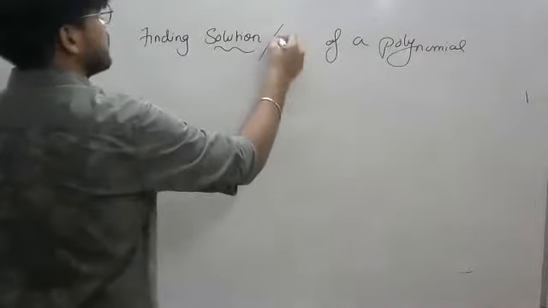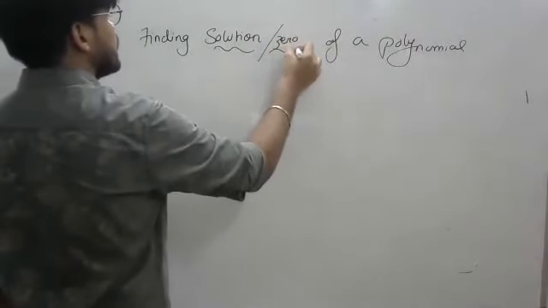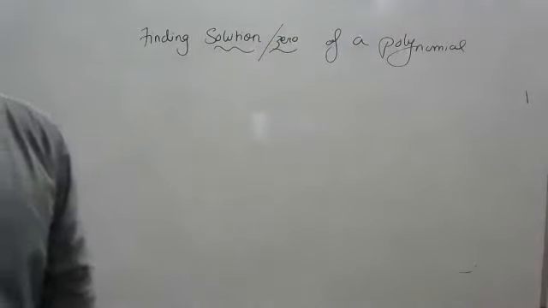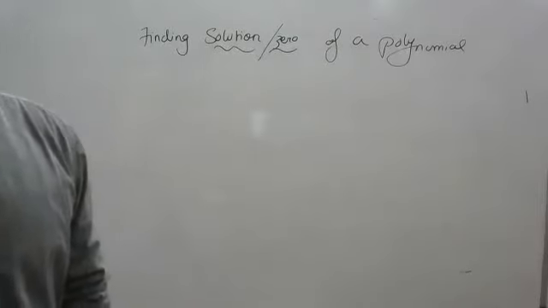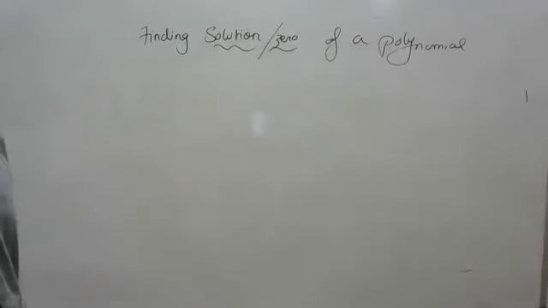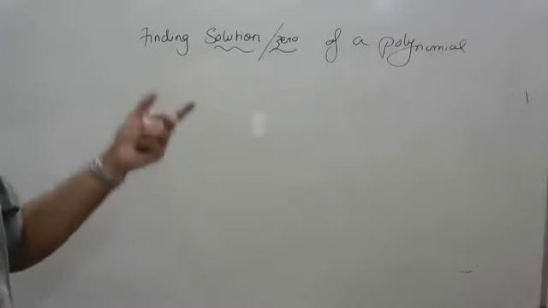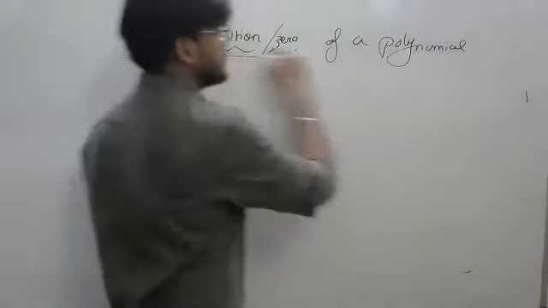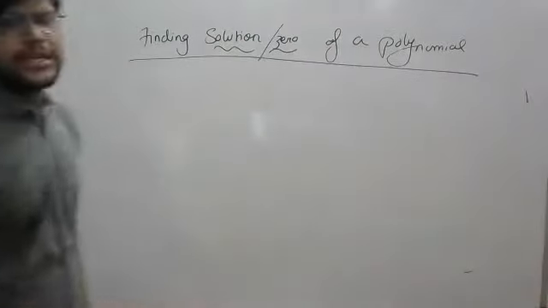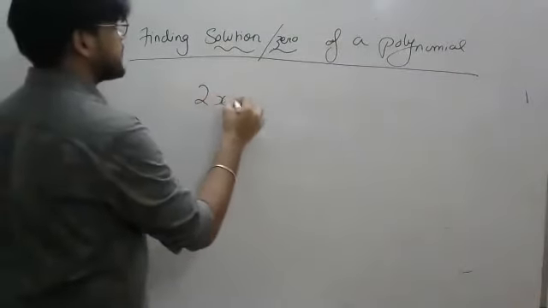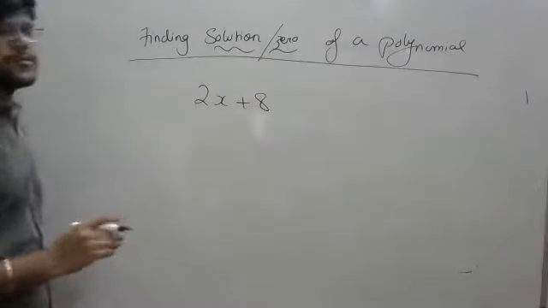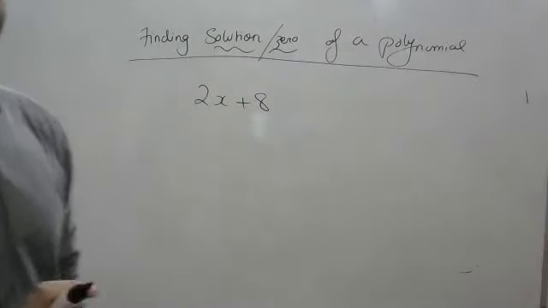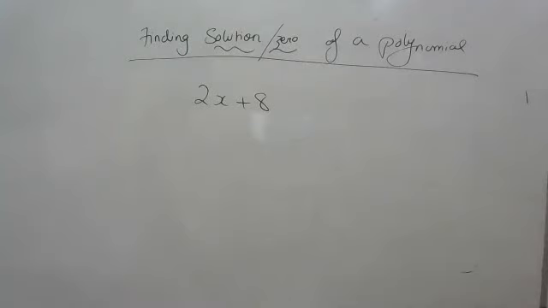It can be called a solution or zero of a polynomial. Okay, what happened? I gave examples for cubic. Finding solution or zero of a polynomial. What does this statement mean? So if you have a polynomial, let's say 2x plus 8, and I want to find the solution or zero of this polynomial, what we do exactly is,